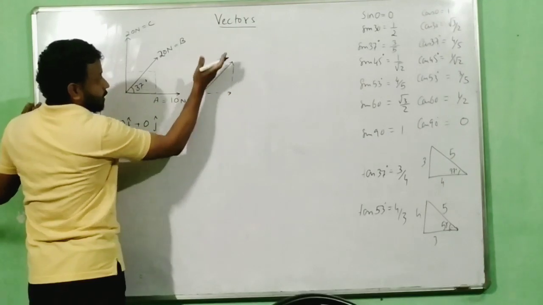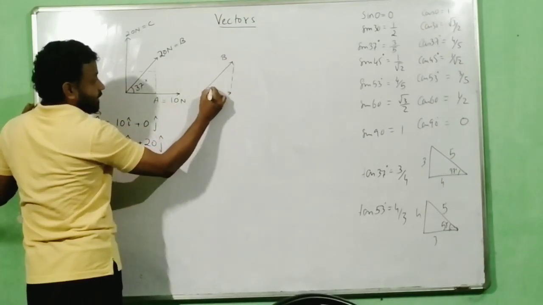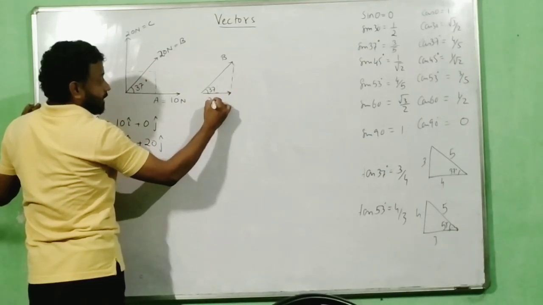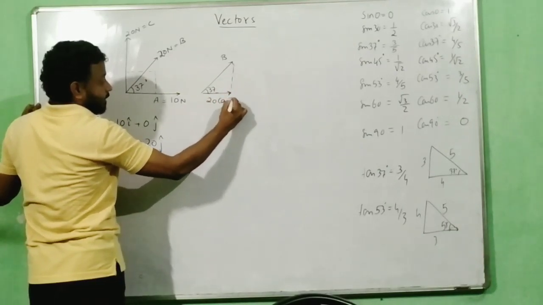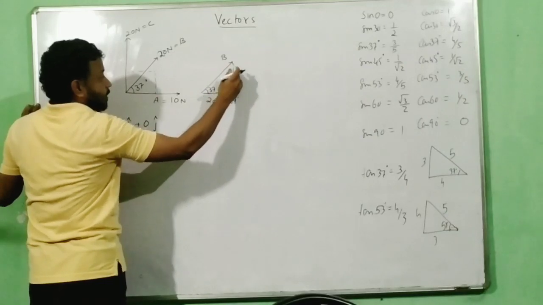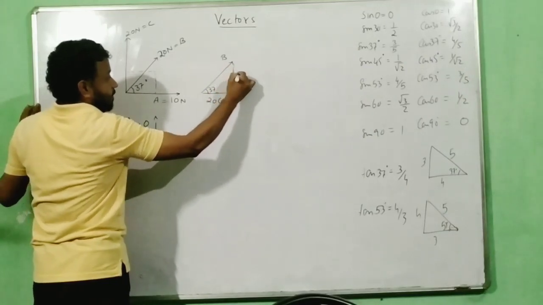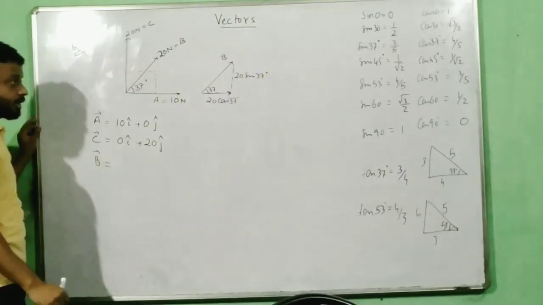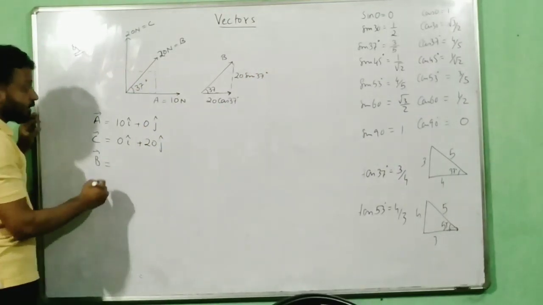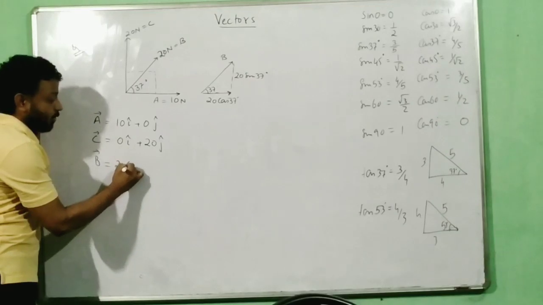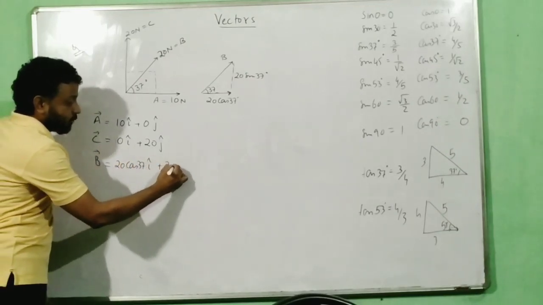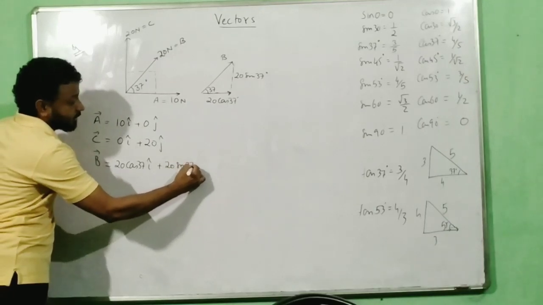So what is this component of vector B? This angle is 37 degrees. Now this component is the base component of vector B, so I will write here 20 cos 37. And this is the perpendicular component of vector B, so I will write here 20 sin 37. So I will write vector B as 20 cos 37 i cap plus 20 sin 37 j